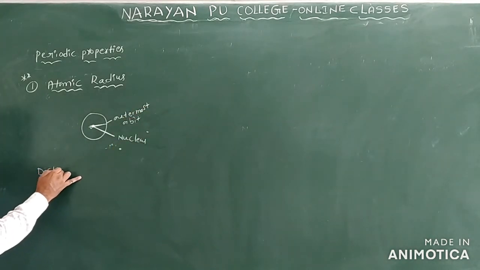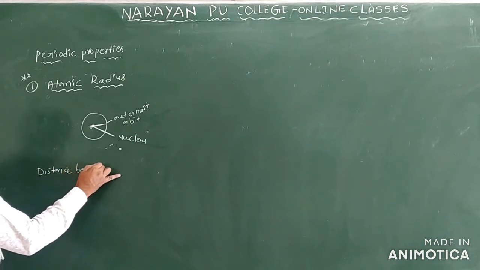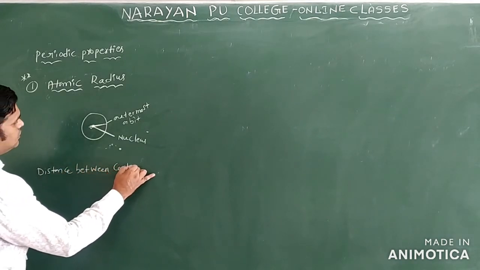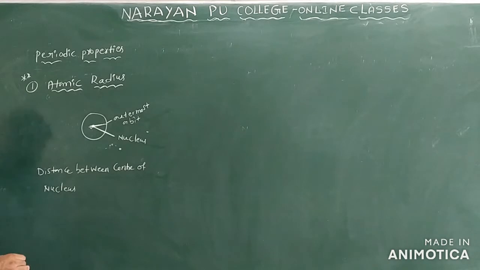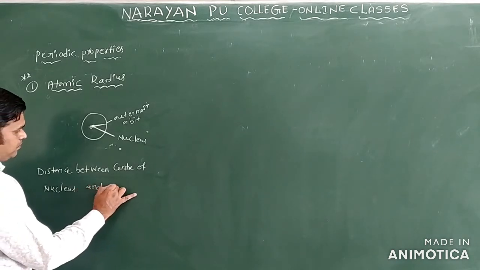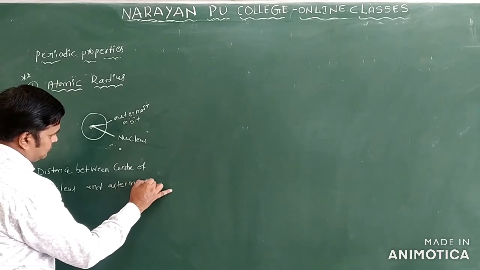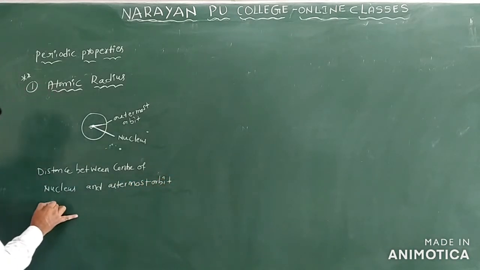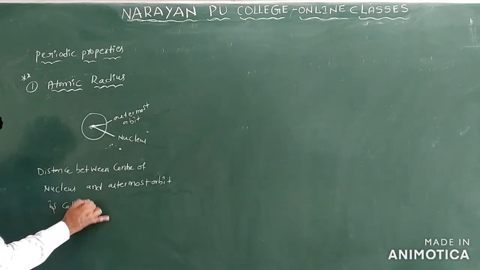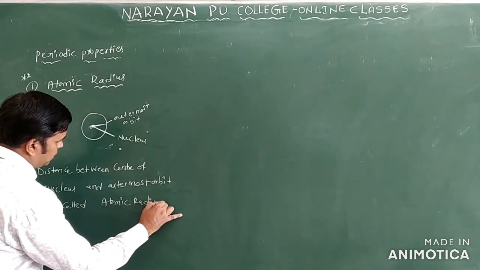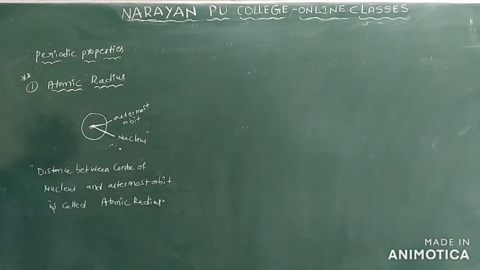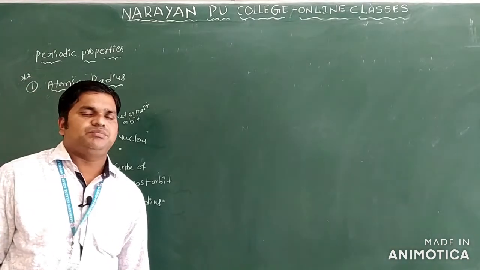The distance between the center of the nucleus and the outermost orbit is called atomic radius. The distance between the center of the nucleus and the outermost orbit, what do you call it? Atomic radius. So generally, the atomic radius of an element we cannot measure exactly,